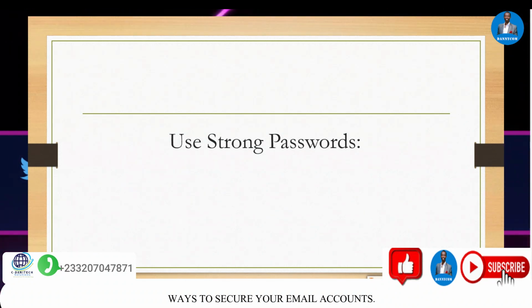It is not advisable. Use a strong password. For example, there must be a capital letter, a small letter, symbols, and numbers. All of this put together makes your password a very strong password.